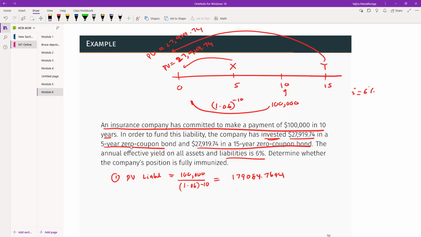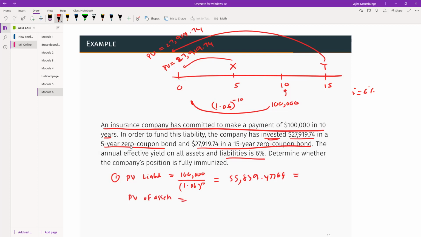Oh, no, not divide by. That's what we're talking. So personal liability is 1.06 to the power 10. Okay, so you get 100,000 divided by 1.06 to the 10, and that is 55,839.47769. Now the present value of assets